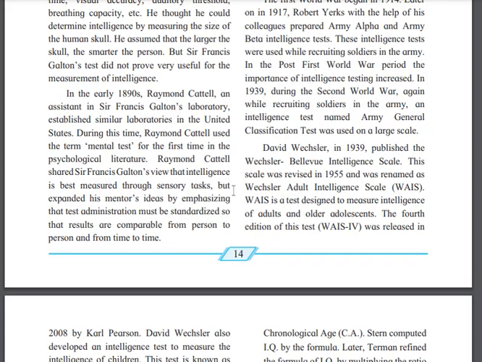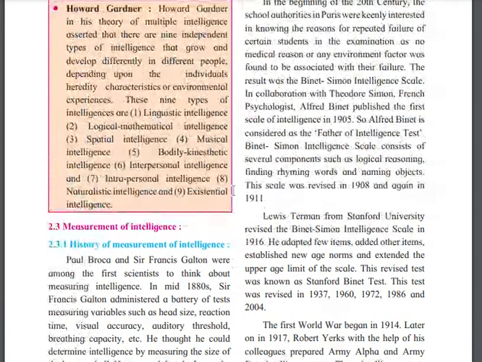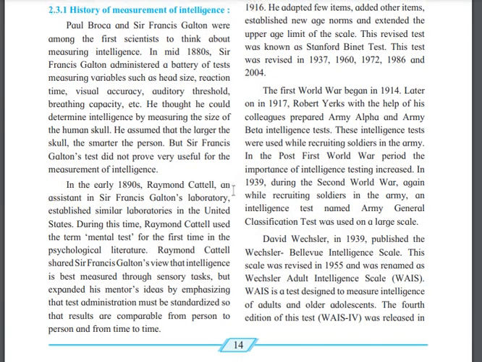Friends, everyone. In the last video we completed the topic of the measure of intelligence. The First World War began in 1914, and later, in 1917, Robert Yerkes, with the help of his colleagues, prepared the Army Alpha and Beta intelligence tests. Different people came and prepared intelligence tests for the army, and then David Wechsler in 1939 published the